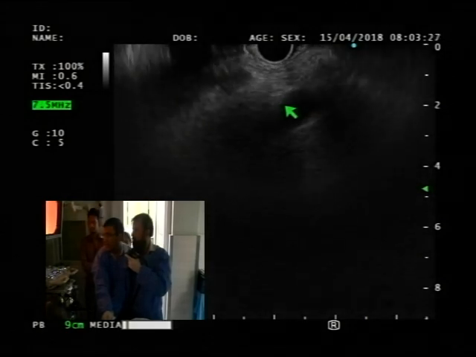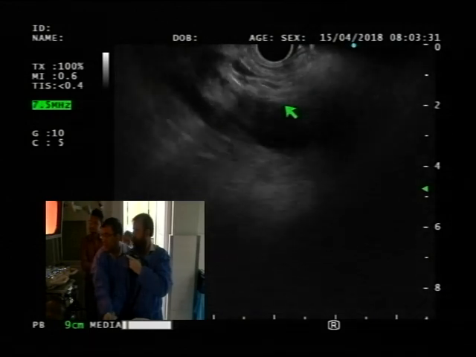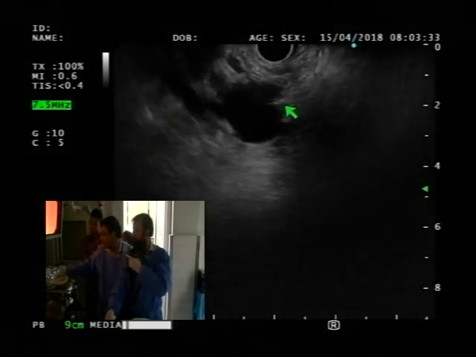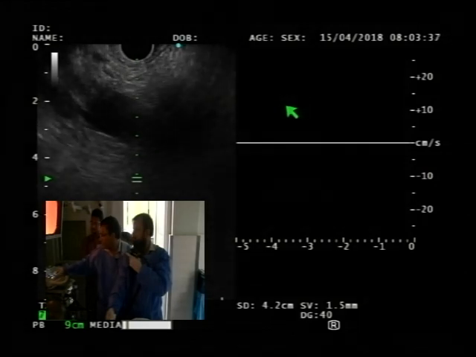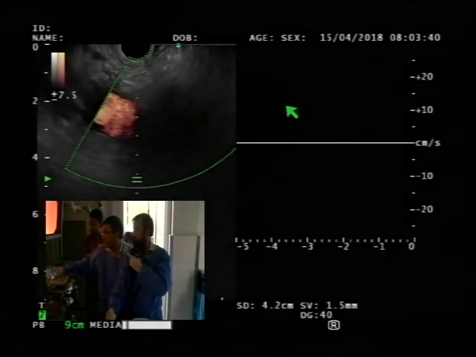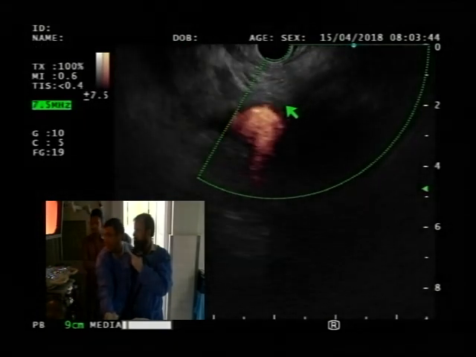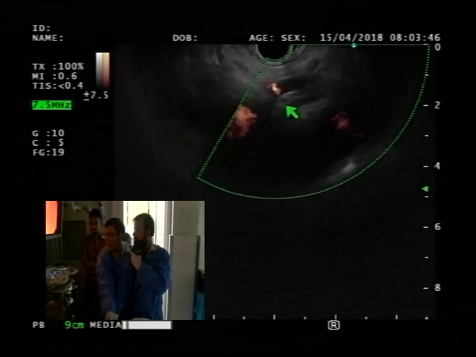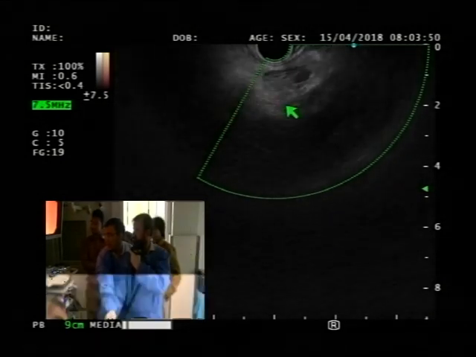Now release the wheel a little bit. Release it. Release it. Release it further. Okay. So let's try that again. Okay, pull it back a little bit. Pull it back. Let's